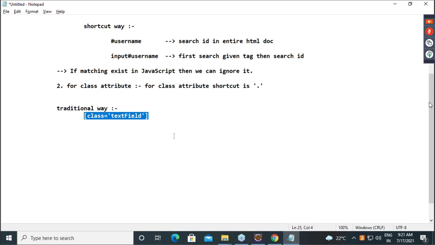Okay, so we can give either this or we can give input. Now the shortcut way is dot text. That's it. Is everyone clear? So let's try.